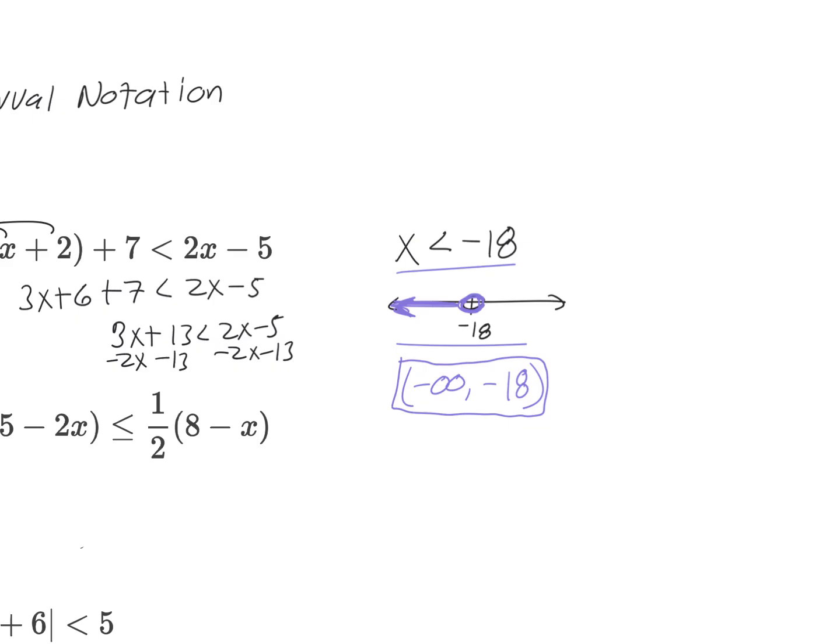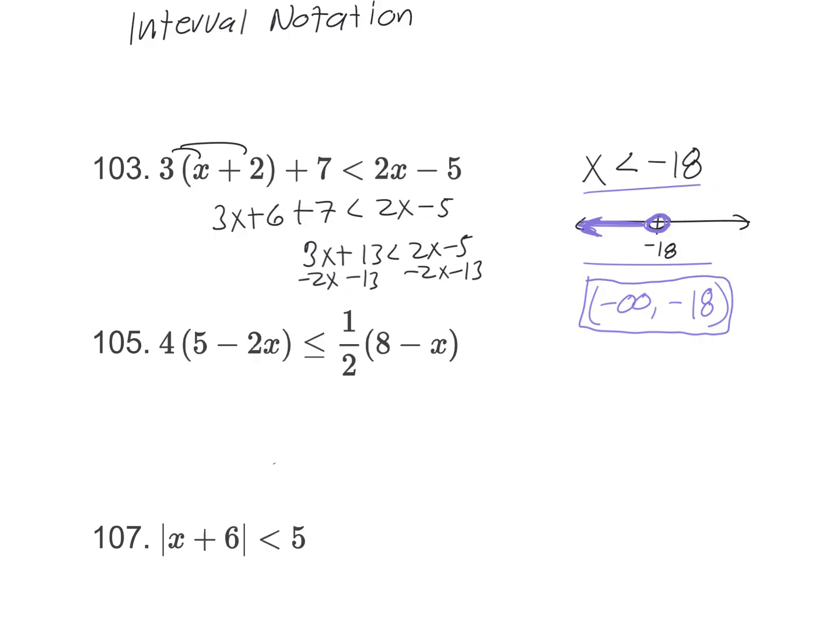All right, so we'll do the same thing for 105. If you don't like the fraction, you can multiply by the denominator on both sides of the inequality, and that'll just get rid of it. 1/2 times 2 goes away, and 2 times 4 over here is going to get you 8. So I get 8 times 5 minus 2x is less than or equal to 8 minus x. I can distribute 8, and that's going to get me 40 minus 2x is less than or equal to 8 minus x. And then I can add x on both sides, subtract 40 on both sides,